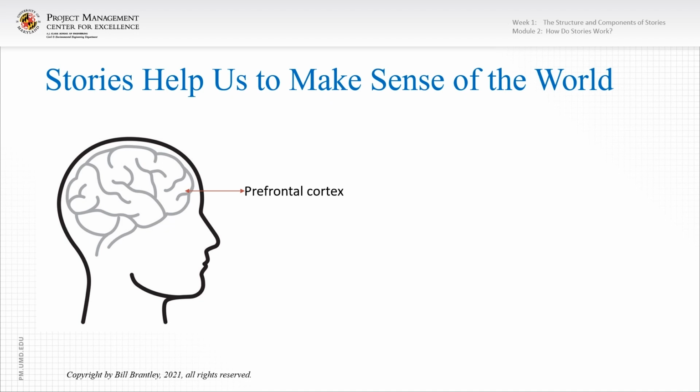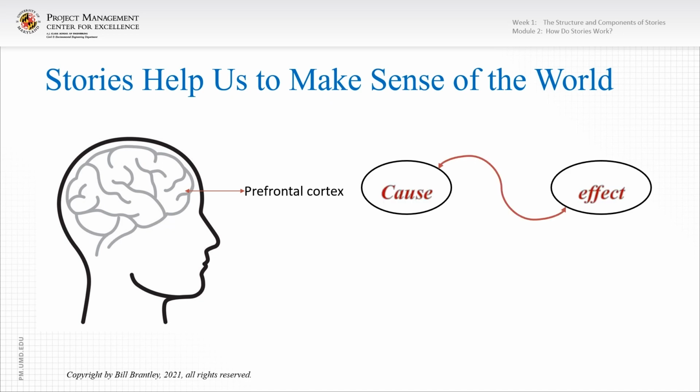So we're going to try to predict how this project team member is going to react if I give them certain news. Or if I adjust the budget this way, how is the project going to accomplish what it needs to accomplish with lesser resources? Or if I need to put another task on the project or program, how can I adjust for this? So we use stories to help us encapsulate a lot of experience, a lot of knowledge, and to essentially help us understand cause and effect. If I do this, what's going to happen?